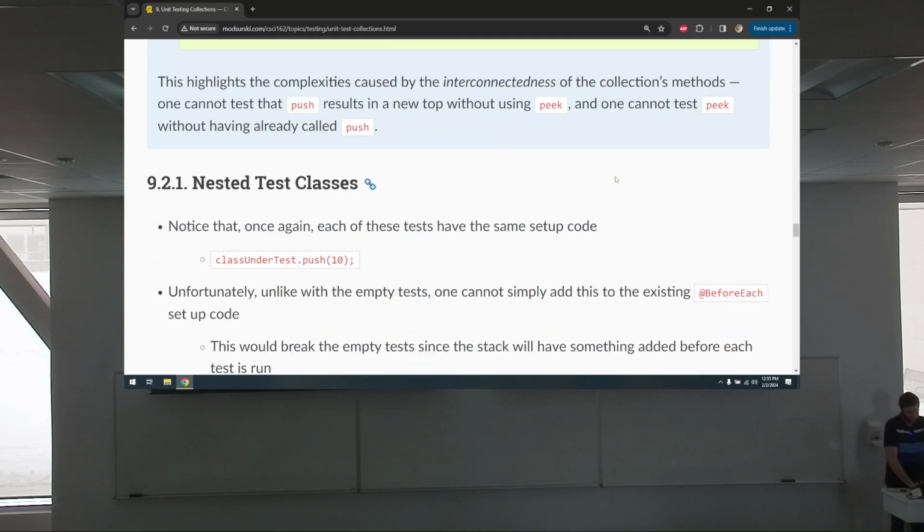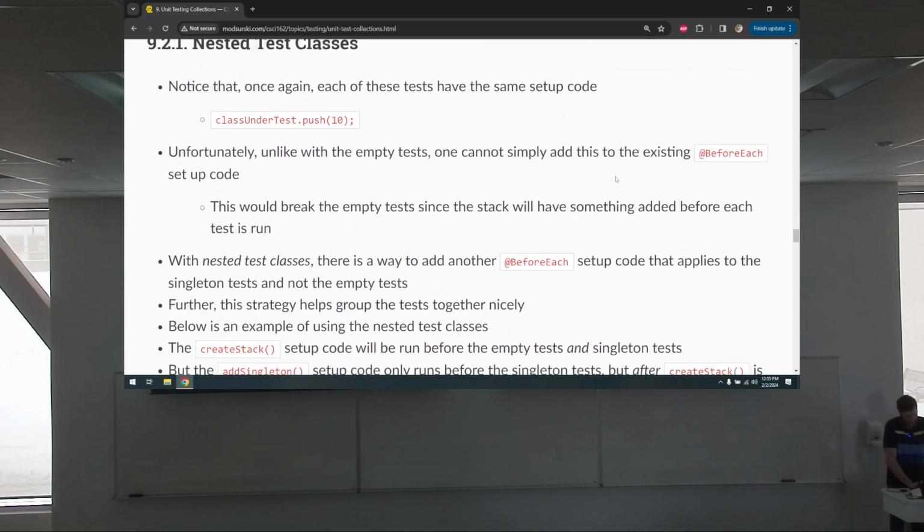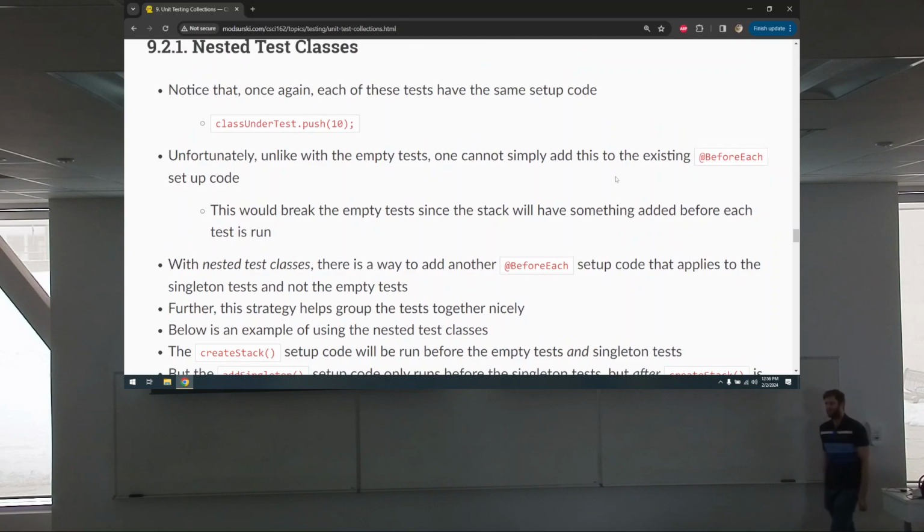All right, so a couple of notes here. Okay, we could now go on to writing the tests for the many case, when the stack has some like 5 or 10 things on it. The number doesn't really matter as long as it's not empty or size 1. We can start writing these, but we can write this code in a little cleaner way. Like how I was able to extract that common setup code. You might notice